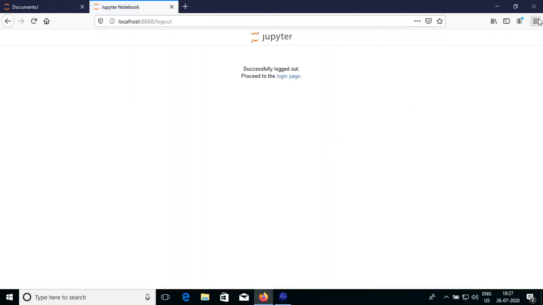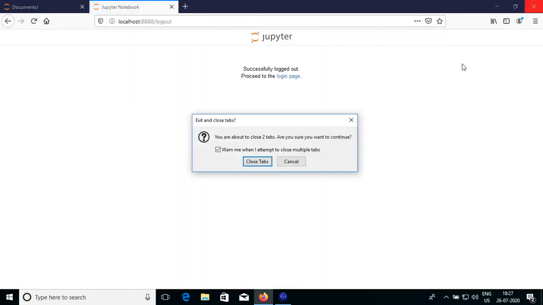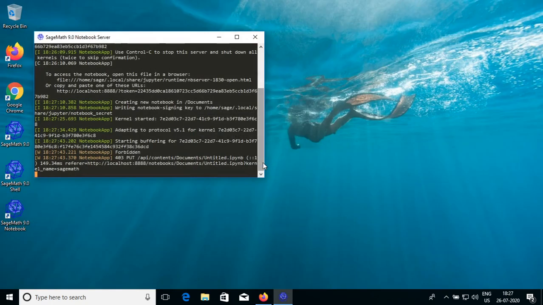You may even close this browser completely, and the file will be automatically saved. But remember not to close this terminal window while the SageMath Jupyter Notebook is working, because if you close this, SageMath Jupyter will also stop functioning, and you should keep this black color terminal open.